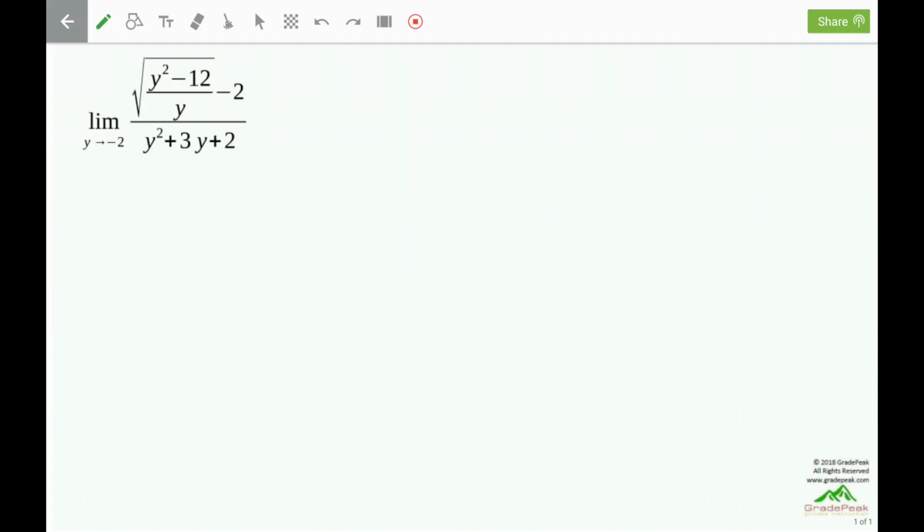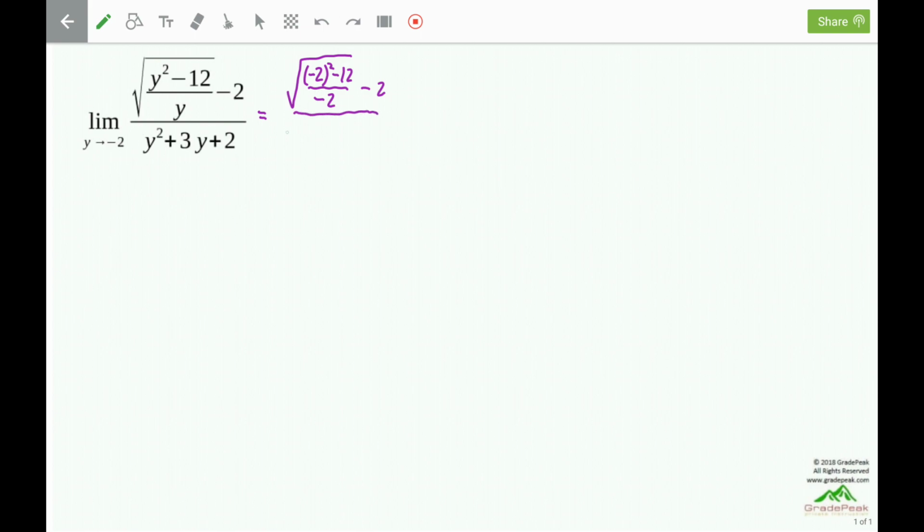The limit as y goes to negative 2 of the square root of y squared minus 12 divided by y, minus 2, all over y squared plus 3y plus 2. The first thing we're going to do is try plugging a negative 2 in for the y's. That will give us the square root of negative 2 squared minus 12 divided by negative 2, minus 2, all